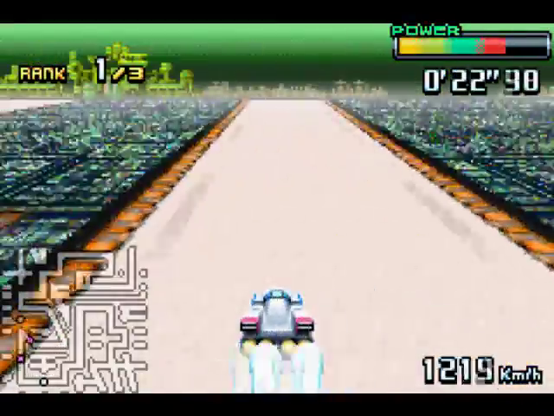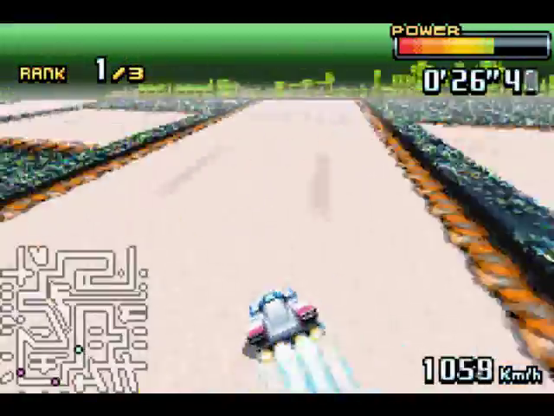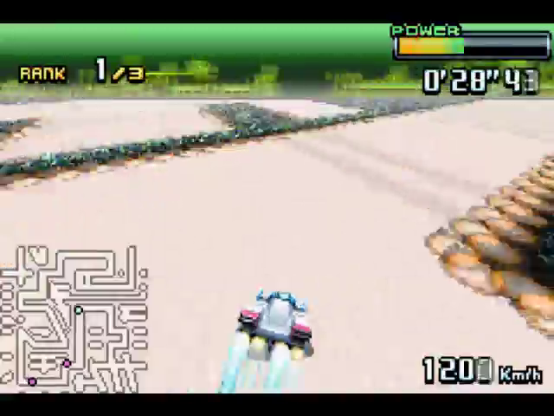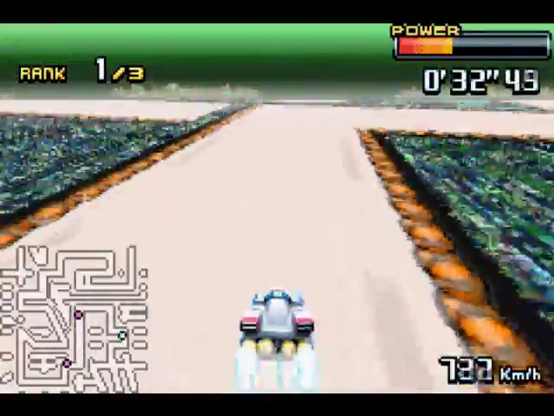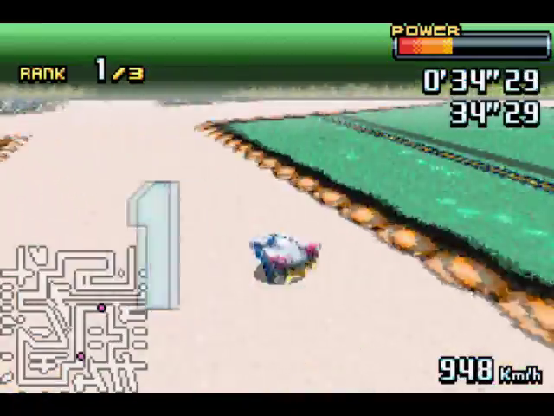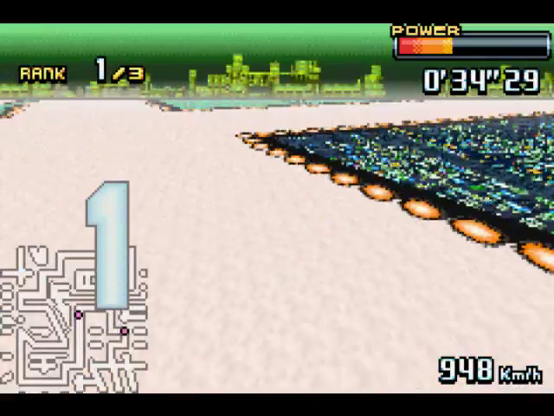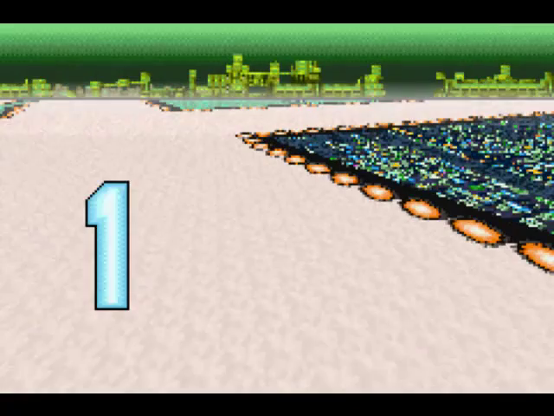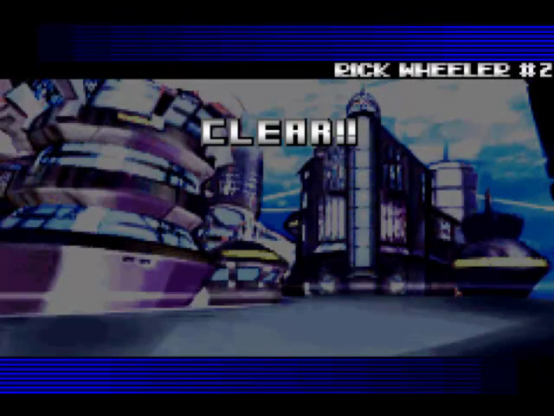Anyways, Rick Wheeler's machine is called the Dragon Bird. It's got a B rank in body, grip, and boost, which sounds very nice, but I don't really like using it because it doesn't exactly turn perfectly, but, you know, it'll get the job done. Wonderful! It's a little heavier than the Blue Falcon by comparison. You won first place! So with the second stage taken care of,